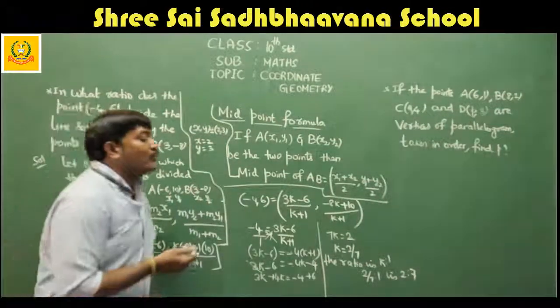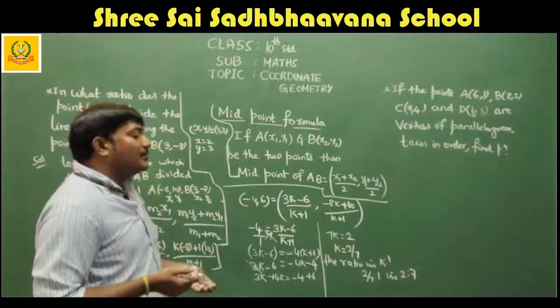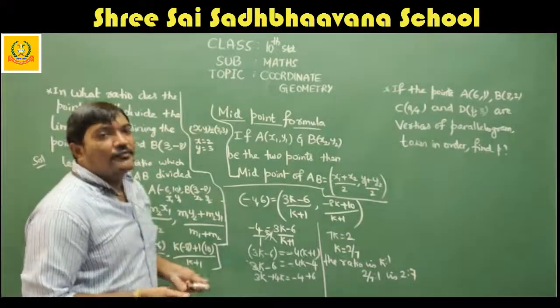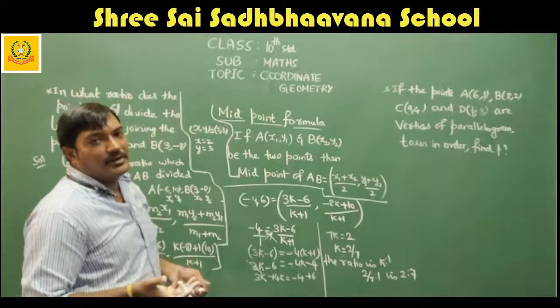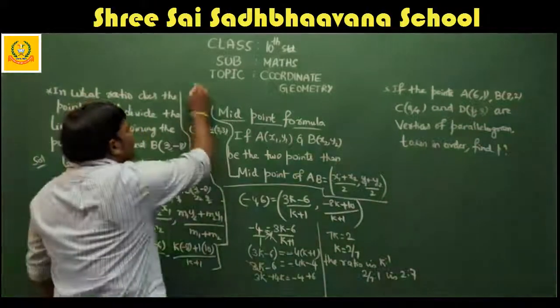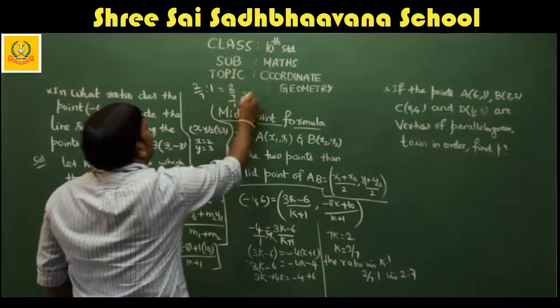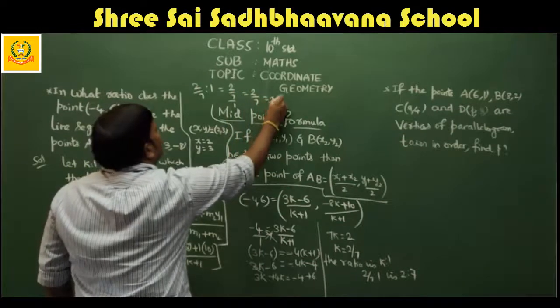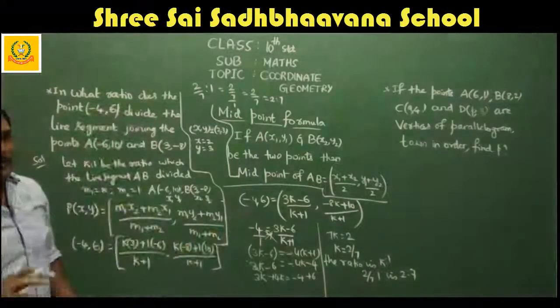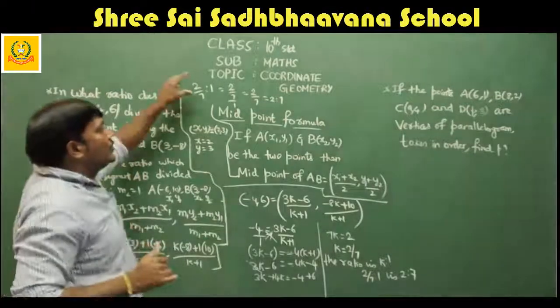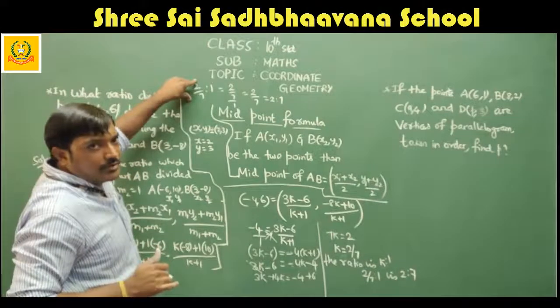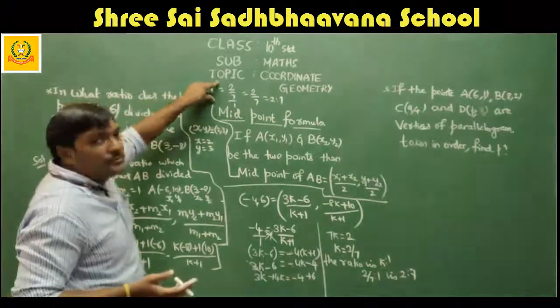So the ratio we have taken is k is to 1. It means 2 by 7 is to 1, which is the same as 2 is to 7. Got it? 2 by 7 is to 1 is nothing but 2 by 7 by 1. It is 2 by 7 only, which can also be written as 2 is to 7. I hope you understood how I wrote. 2 by 7 is to 1 we got. According to the sum, k is to 1 is 2 by 7 is to 1.